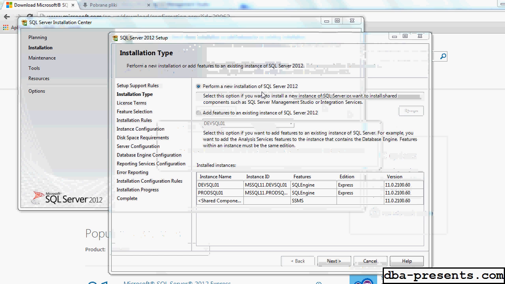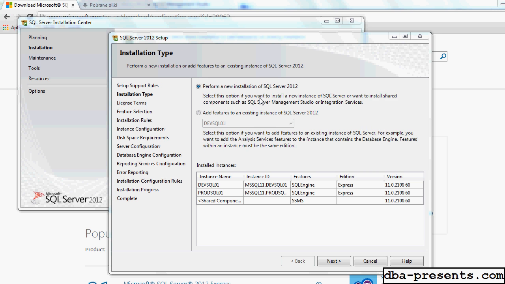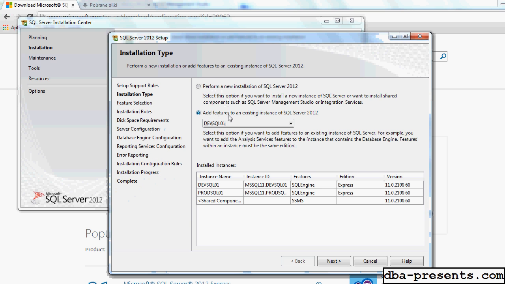Now it asks me to tell the installer what I need to do. The first option is perform a new installation. This is not my option. My option is to add a feature to an existing instance. Dev SQL 001 is the one that I want to add this component to. So I choose this one, click next,